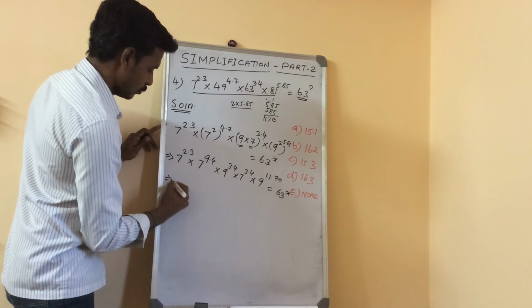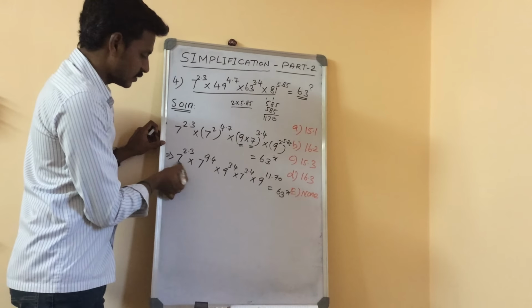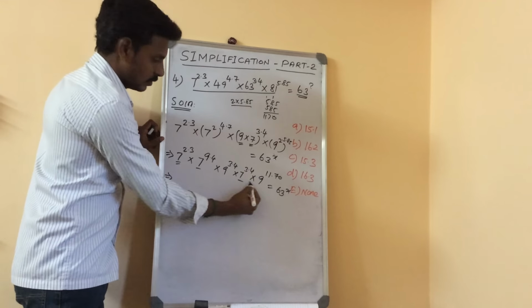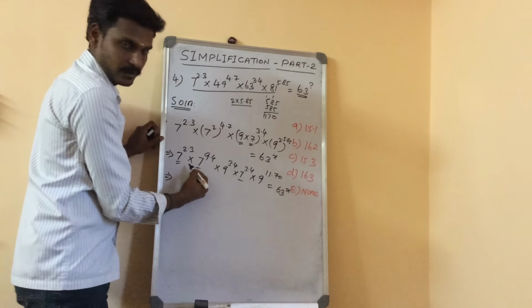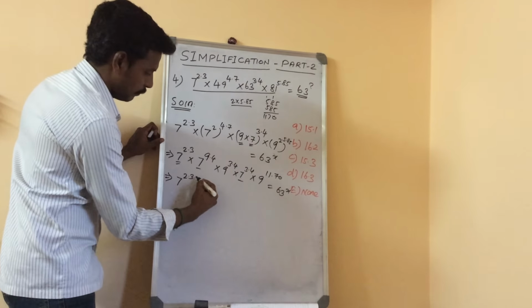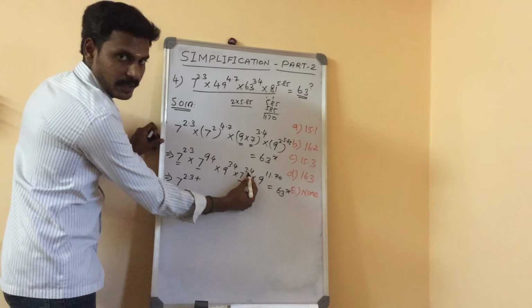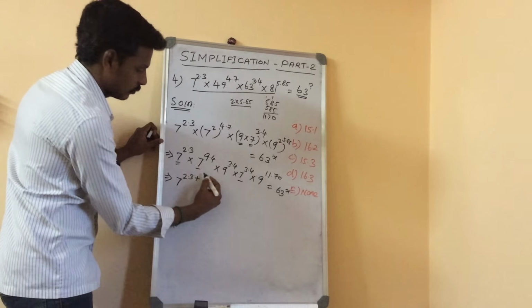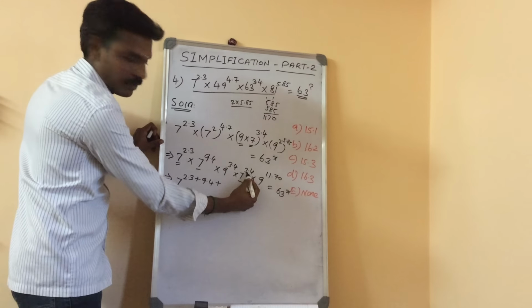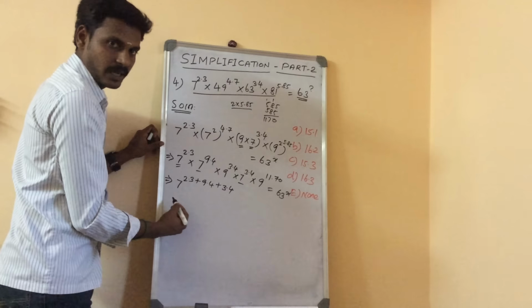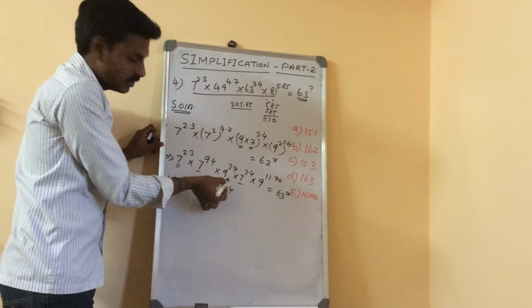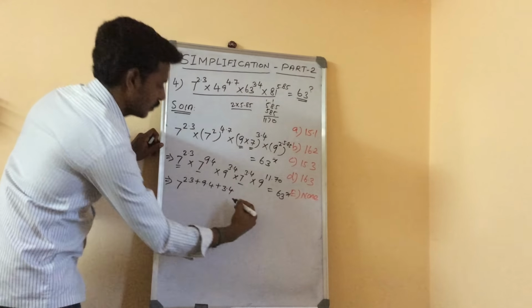Okay. Now we can separate the values of 7 and 9. Where is it in 7? The three 7s are there. Okay. So 7 power 2.3 plus, here will be 9.4, sorry, power 9.4 plus, here will be 3.4, right? 3.4. Because we can add the power values if the base value is the same when it is multiply. Okay.